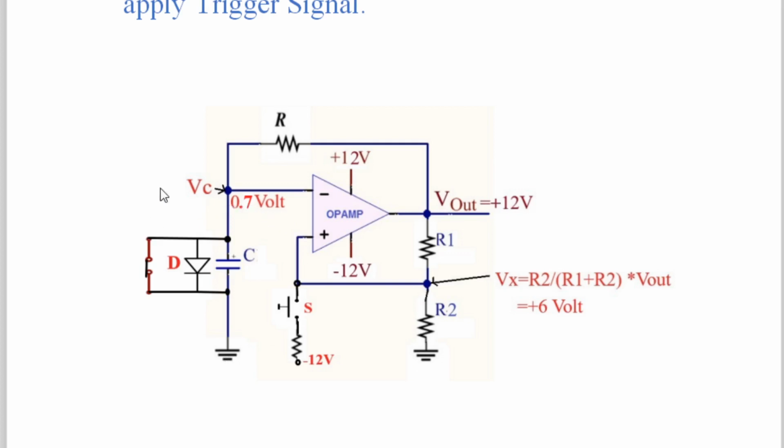And now, why is the diode shown as a closed switch? Because now the diode is heavily conducting. The diode is heavily conducting because the voltage applied to the diode is plus 12 volt, and the voltage required to force the diode into conduction is only 0.7 volt. Therefore, this diode is in heavy conduction, but the voltage across the diode is how much? 0.7 volt. Therefore, this point goes to 0.7 volt, and this remains at plus 12 volt.